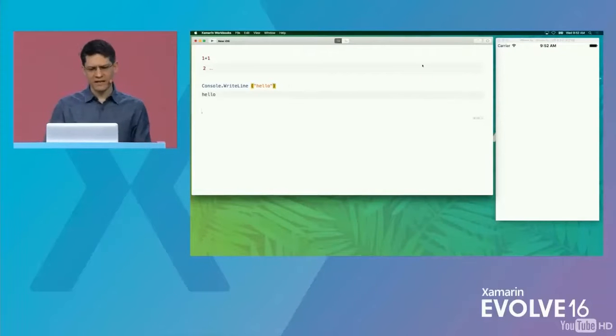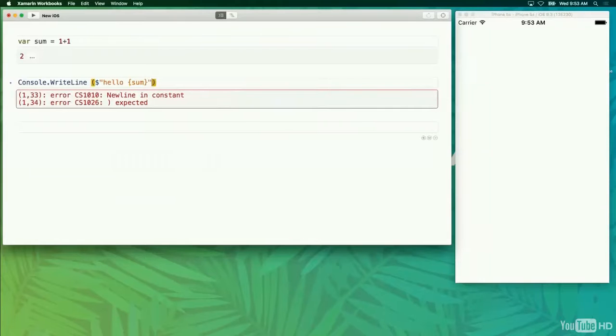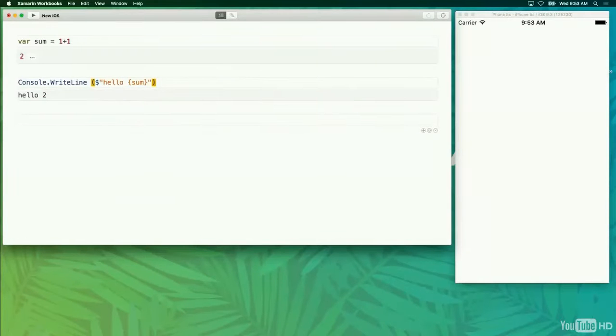And I want to show you something that is interesting. If I go back here, let me go back and assign this to a variable, sum. This will re-execute anything from that point on to the last location. So let's use a little bit of C# 6 functionality here. So this is powered by Roslyn, so anything that you can do in Roslyn is available here. So you got code completion inside this. And if I run it again, oh, what happened here? We need this, OK? It executes. So what is interesting is that if I make any changes here, it would automatically update. So what we want to do with this is we want to make it very easy for you guys to try